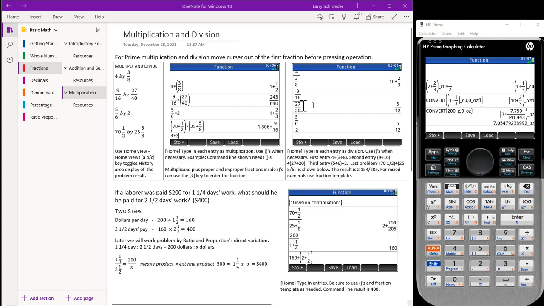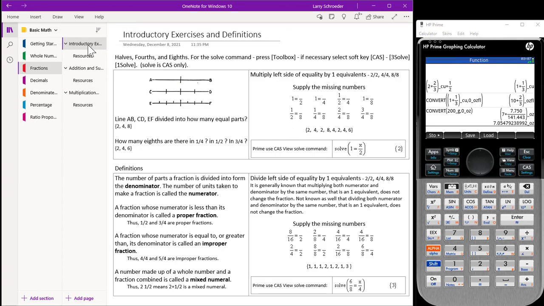Now let us return to our fraction unit and go back to our introductory section on fractions. Our diagram allows us to look at the relationship between halves, fourths, and eighths. Line A, B, C, D, E, F is divided into how many equal parts? 2, 4, and 8. How many eighths are there in 1/4 of an inch, in 1/2 an inch, in 3/4